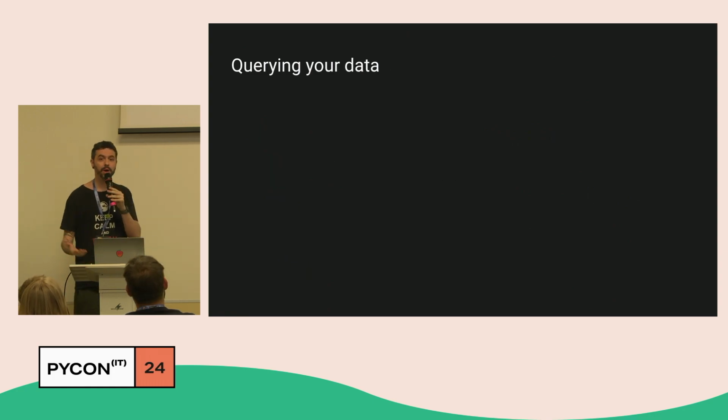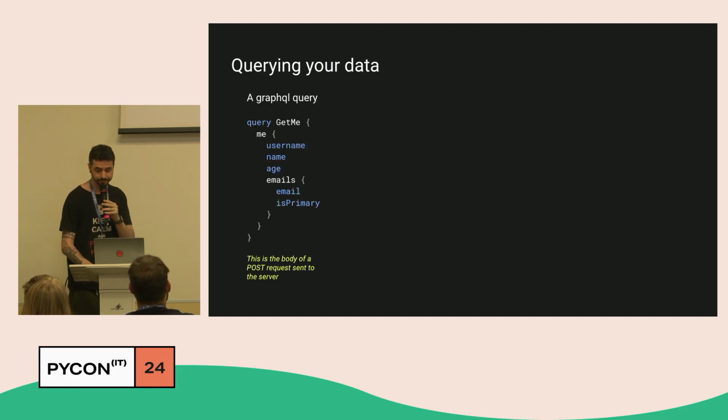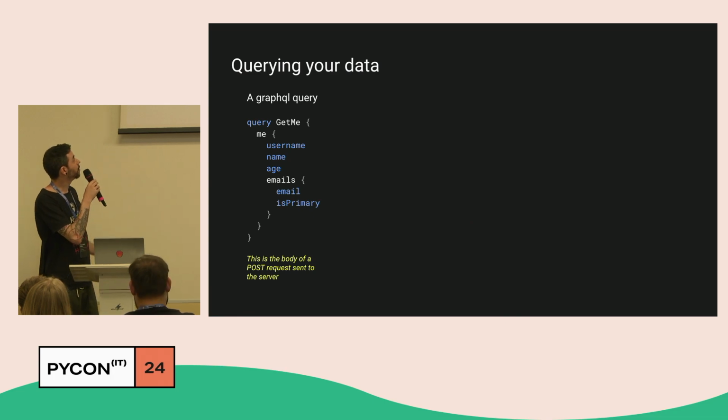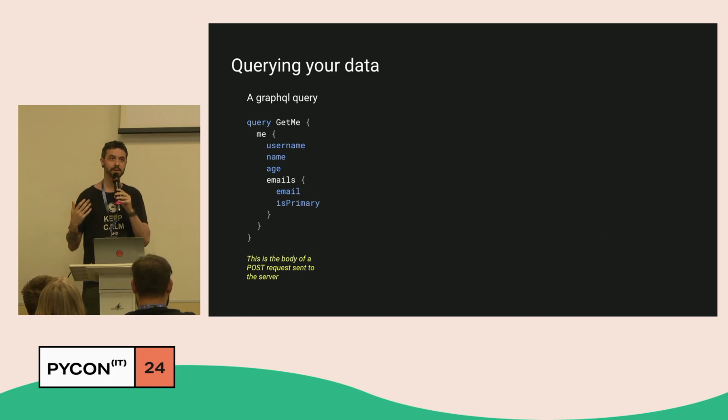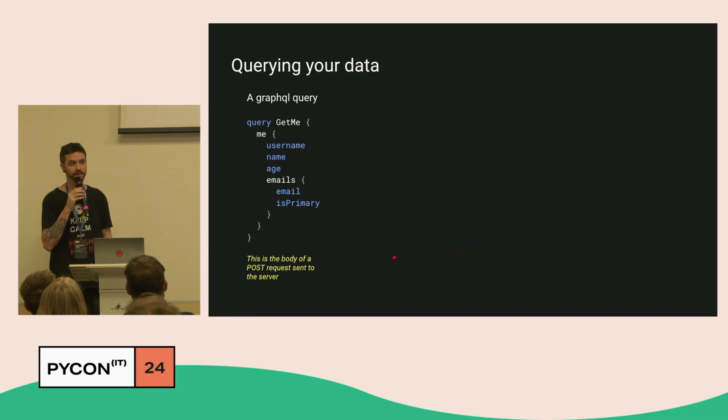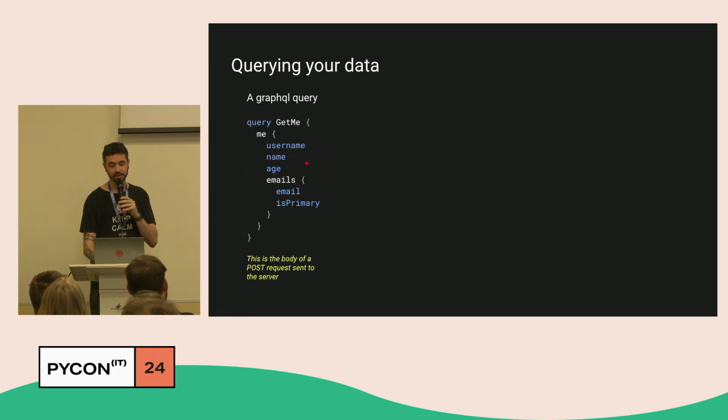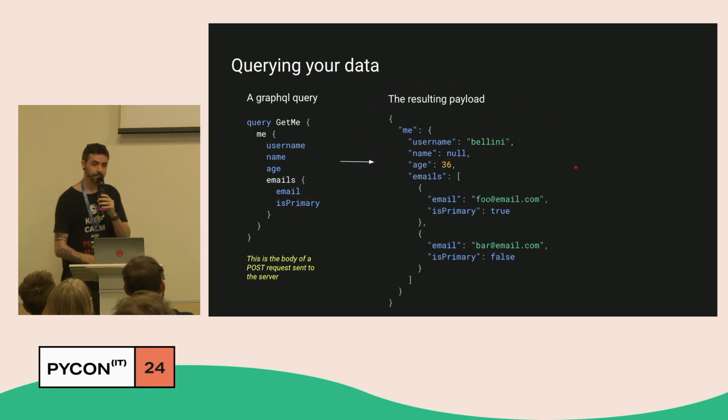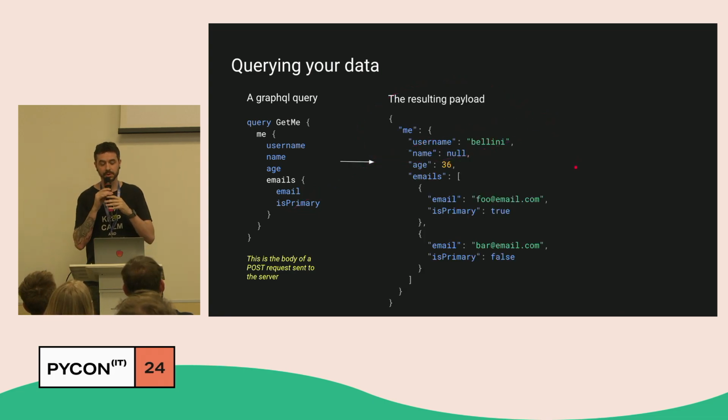So how do you query your data later? You just created your backend and you want to query that data. You can do that by doing this. This is going to be the body of the POST request. This is the language itself that GraphQL has to query that data. It basically says, oh, I want to get the me field. Inside it, I want the username, the name, the age. And also I want emails. And from emails, I want the email and is primary,